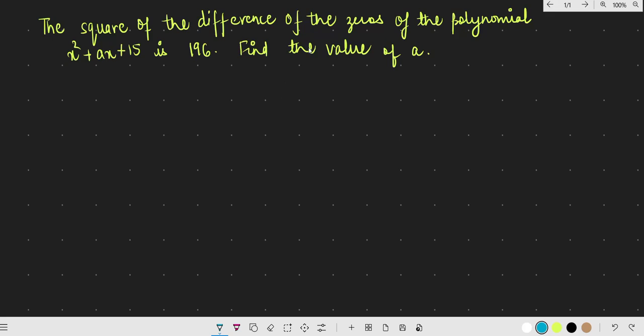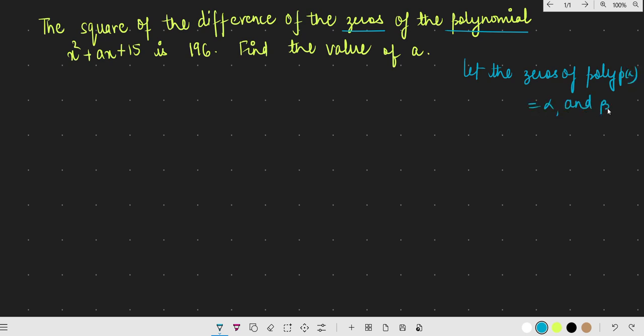So this question from polynomials. So इसमें लिखा हुआ है the square of difference of the zeros of the polynomial. तो जब भी polynomials का चैप्टर है, क्वेश्चन है, zeros के बारे में बात की जाती है. So we say let the zeros of the polynomial, जो भी हमें दिया हुआ है p of x, be alpha